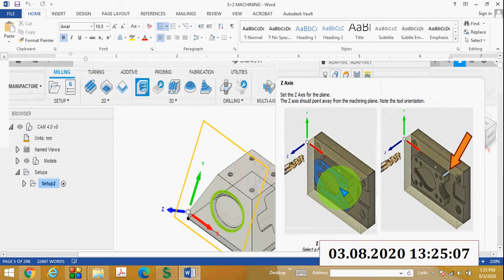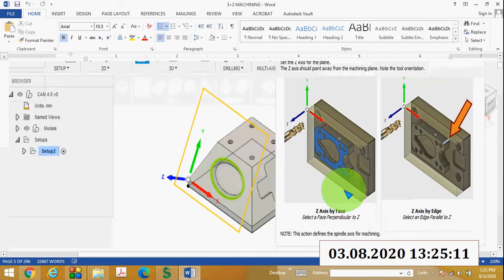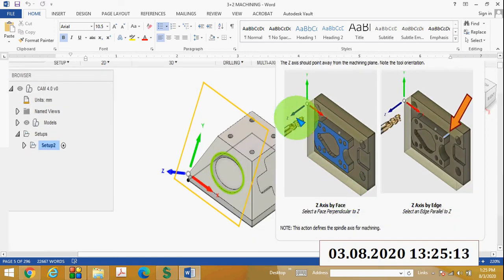Here you can see this Z axis is perpendicular to this face. This Z axis is parallel to this edge. So here I am applying this Z axis by face. I have selected this face such that this Z axis is perpendicular to this face.